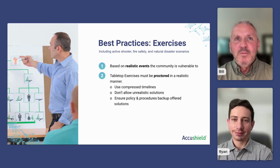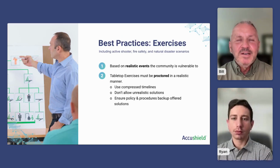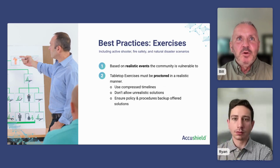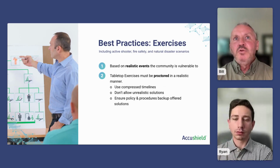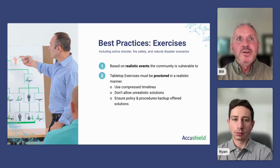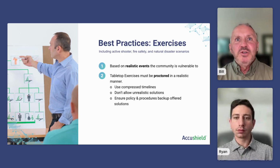And do you have a memorandum of understanding with that location or that entity? Do they have 5 drivers just sitting in a room waiting to come over here right now? Because they don't. And so that proctor, that administrator is going to make them fight through those things, as opposed to just saying, yeah, we'll take care of it. Well, we're doing an exercise to actually plan this thing out to make sure your plan actually works, and then ensure policy and procedures,